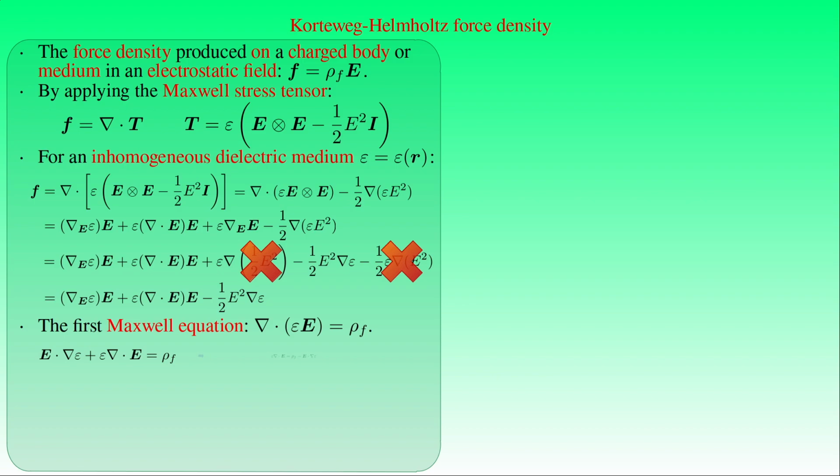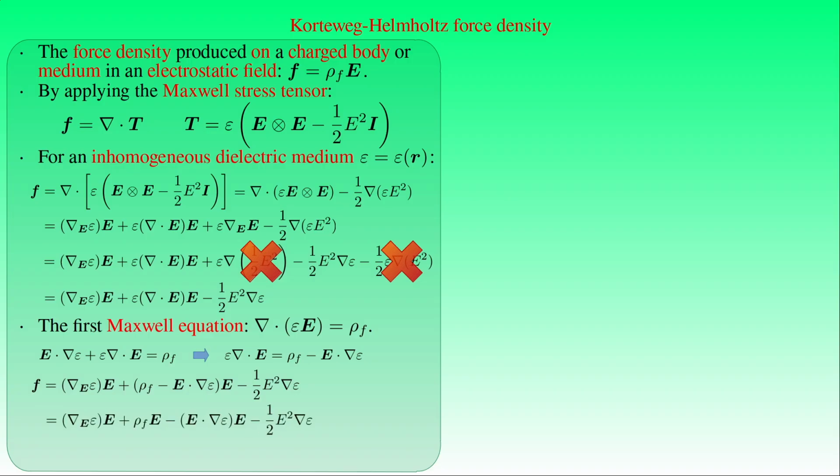If we express epsilon times the divergence of E by ρF minus the dot product of E and the gradient of epsilon, then we can substitute it into the second term in the right-hand side of the force density formula, which gives us 4 terms. Because the first and the third terms cancel each other out, we conclude that the force density F produced by